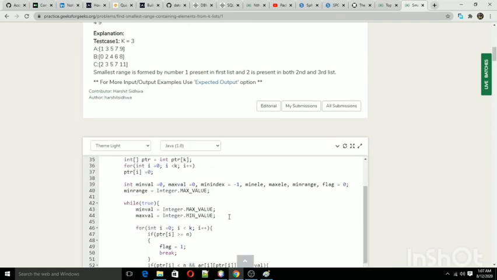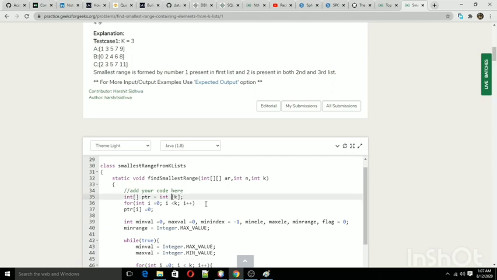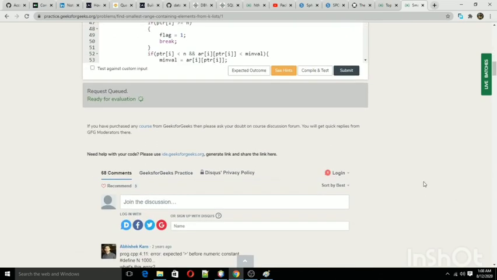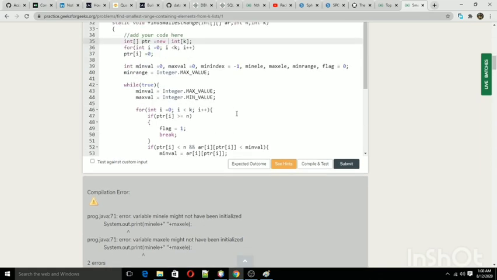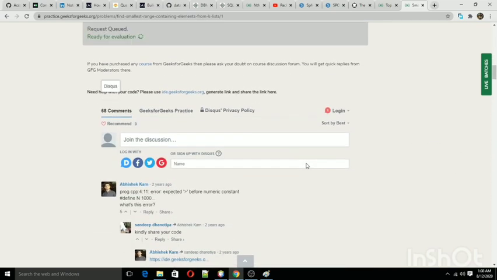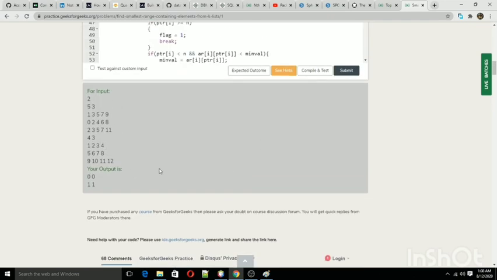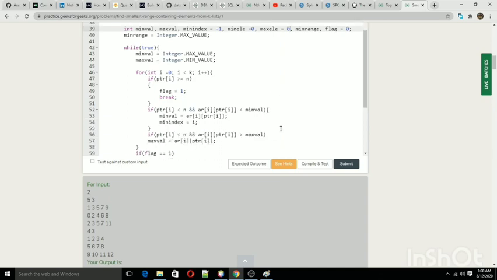Oh, sorry, here we mistakenly updated the minimum val and maximum val. We have to take these two as 0. The problem, the output is not coming. I think there is some problem.